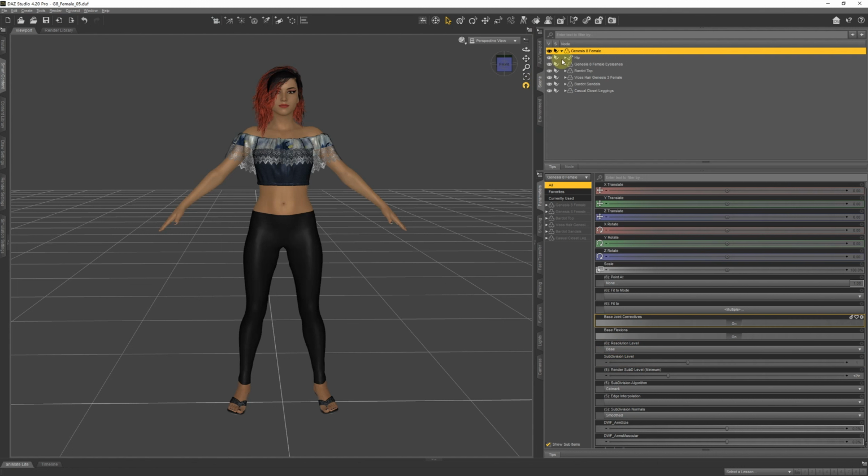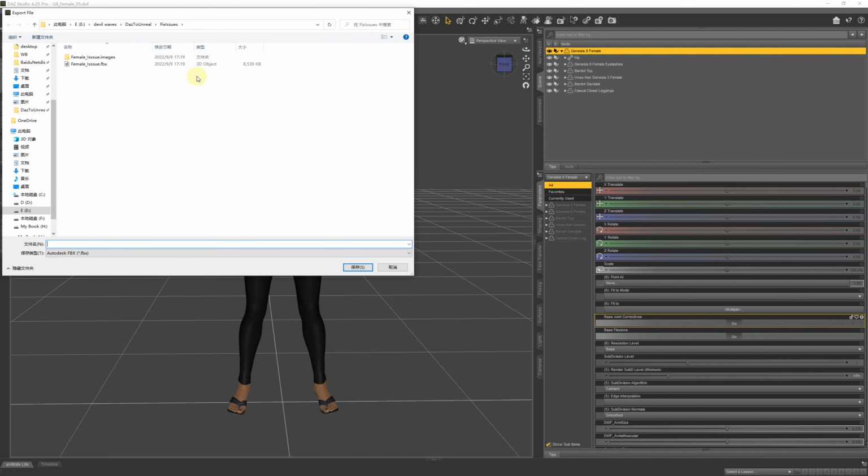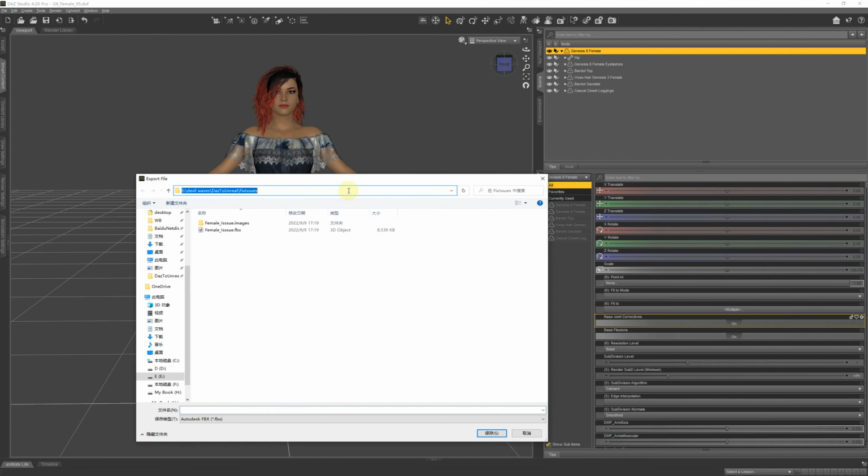Select the character and change the resolution level to base. Export to FBX. Name it as Issue 1.